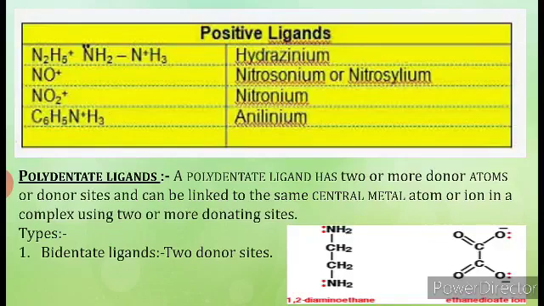You can see in both diagrams, in ethylene diamine, two nitrogen atoms have a lone pair of electrons. So two donor atoms, two nitrogen atoms, both behave as donor atoms. Two donor sites are there, that's why it is a bidentate ligand. In oxalate also you can see two negatively charged oxygen atoms having one lone pair of electrons on each, which can be donated. So it also has two donor atoms, that's why it also comes in the category of bidentate ligand.